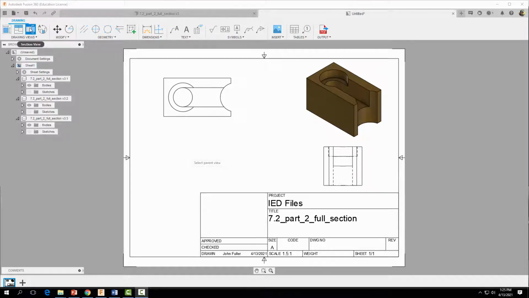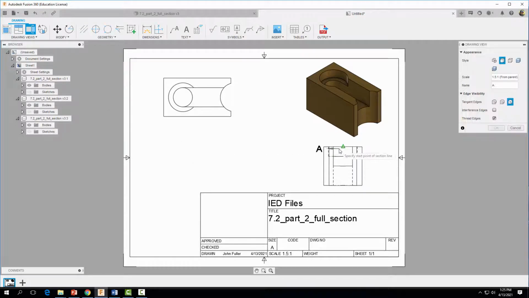So come on up, click on section view, or come on down to drawing views and click on section view and click on your part. And when you click on your part, you'll notice these green endpoints, these green midpoints show up. Okay, so we want to go right down the middle. So I'm going to find this midpoint. I'm going to move my mouse up slightly. I'm going to click, then drag my mouse down through the middle. I'm going to click again,